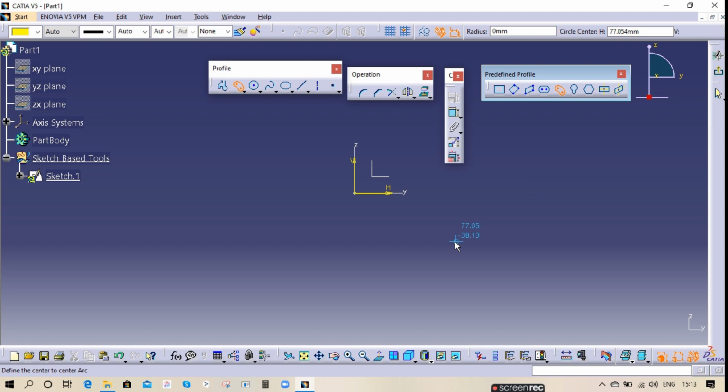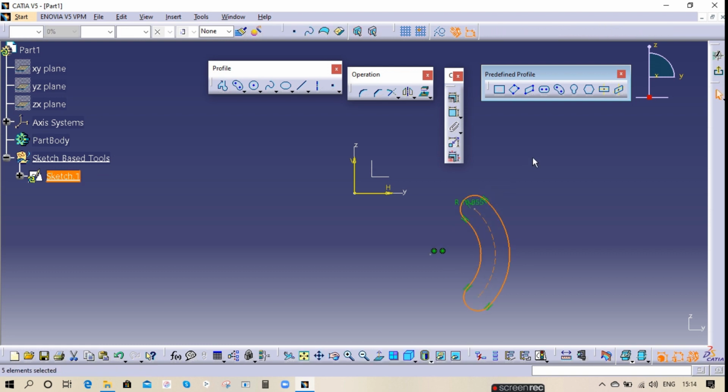For the cylindrical elongated hole, we have to make one circle, and we have to make one arc. So this is how the cylindrical elongated hole works. This and this are similar, but this works on a straight line, and this cylindrical elongated hole works on an arc.